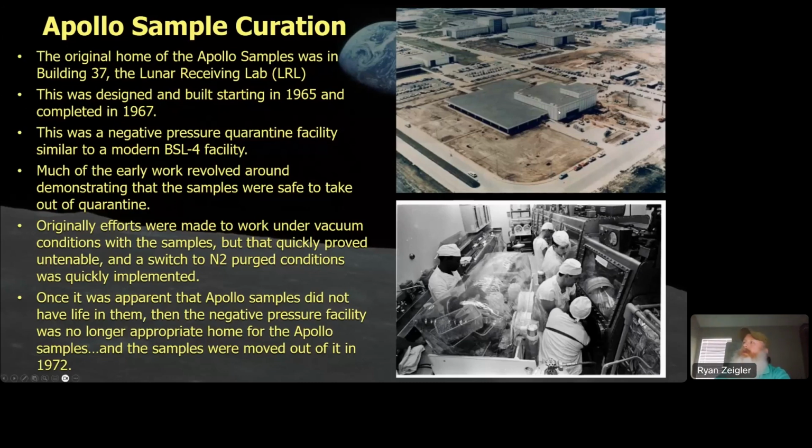You had the high rise over here that housed the samples themselves, as well as some of the associated science labs to go with it. And then you had the administrative part. This was the home for the Apollo samples for the first 3 years. A lot of the work that got done in here was related to whether the samples were safe to take out of quarantine. So they were feeding them to animals, all manner of animals, and exposing animals. And apparently some Apollo 12 scientists got exposed as well, to check and see if they were going to wipe everything out, which they didn't. That was good. That was positive.